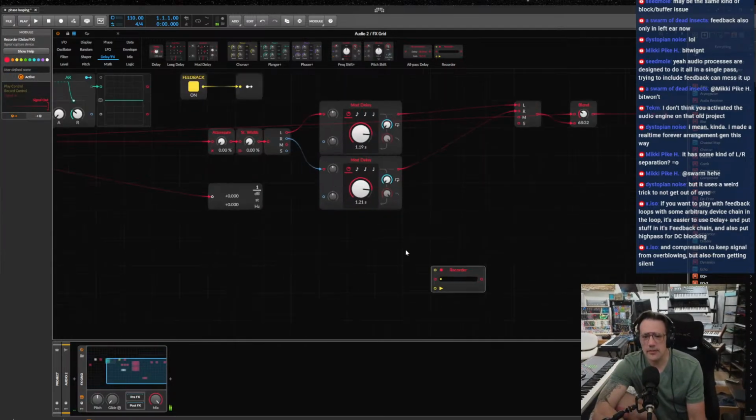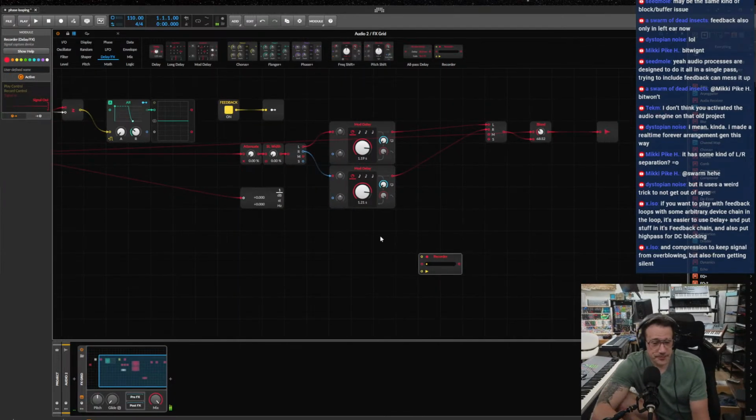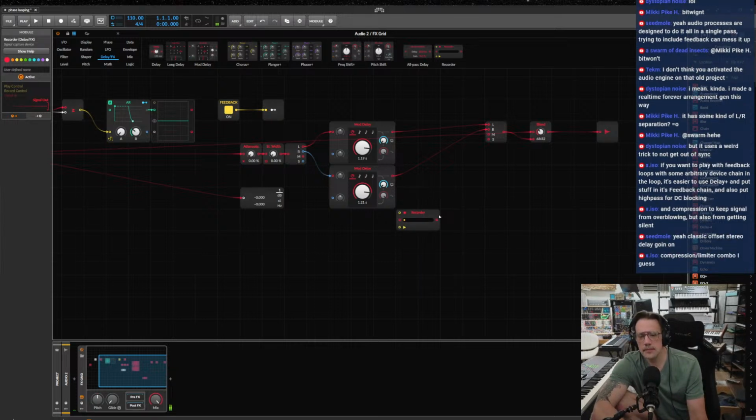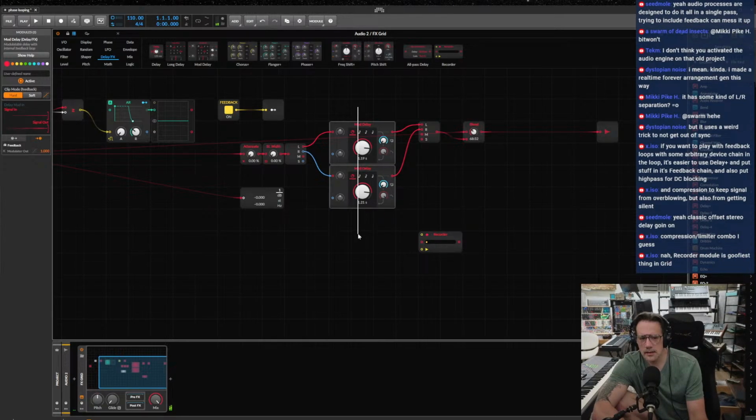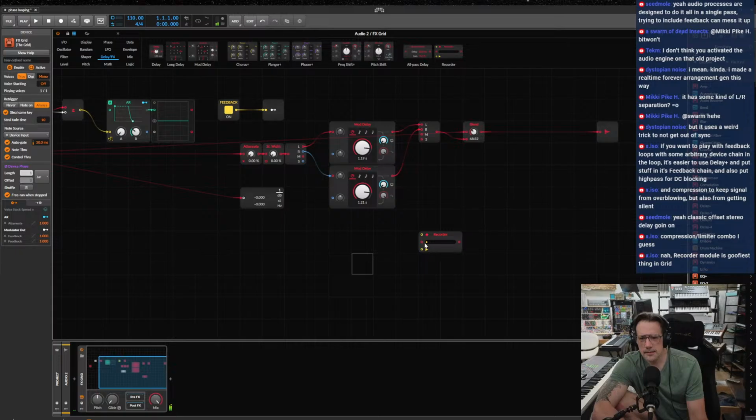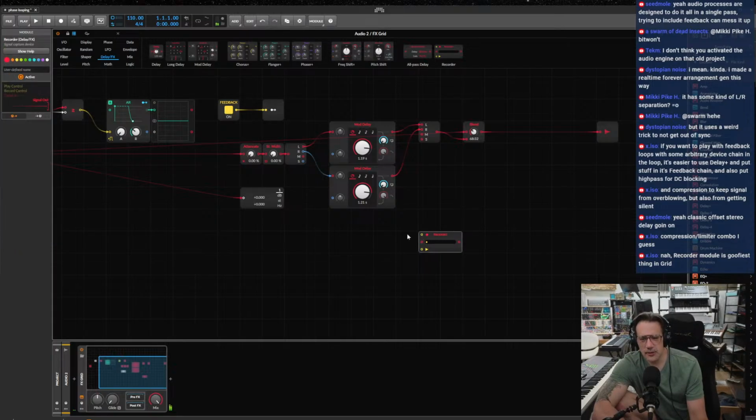Maybe Recorder may have some options for us. Okay, so we could limit this to here. And then maybe we can make another tank. You don't think Recorder can help us in this situation? I mean, I feel like I could